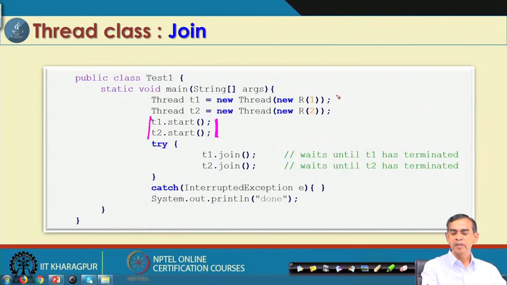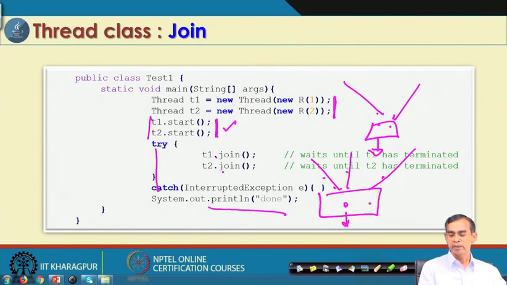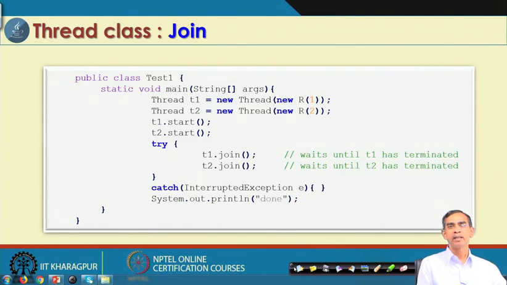So, these two threads will start their execution because of this, and then here in the try-catch there is T1.join and T2.join. So, there is a T1 thread and a T2 thread, and then T1.join, T2.join. It will wait till all the threads are finished, and only then it will come to the final statement and execute it. So, the idea of join is that if there are many threads, the execution will wait until all threads have finished their execution, and then the next task takes place. This is the concept of join, basically controlling the inter-thread communication.